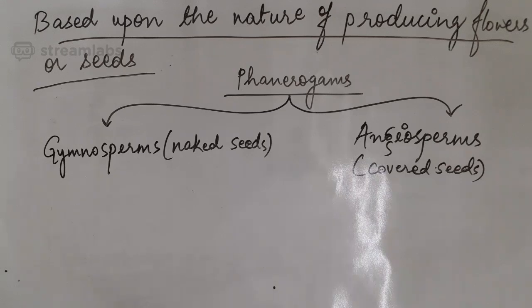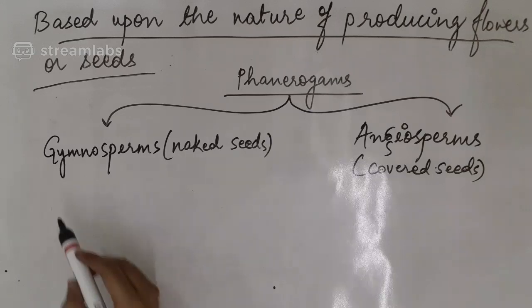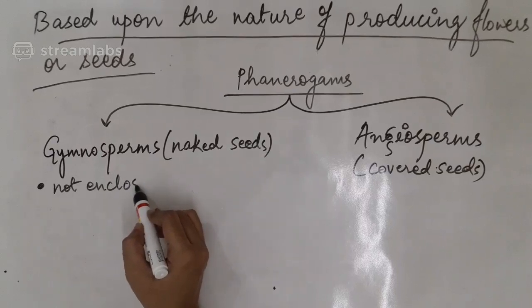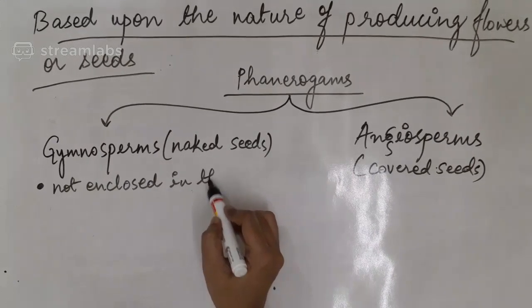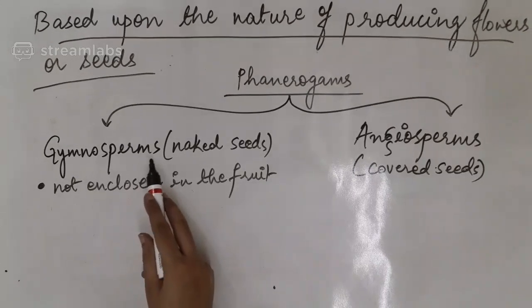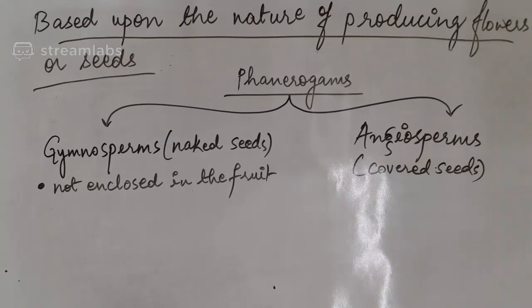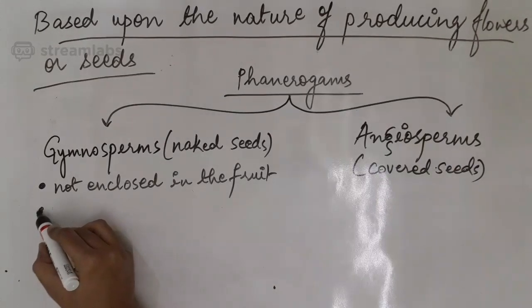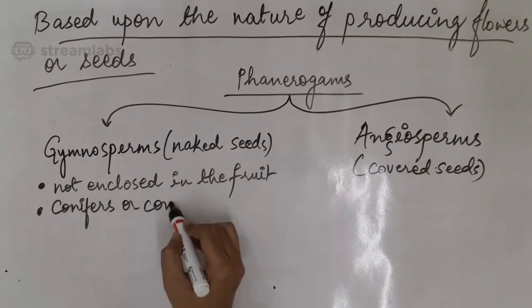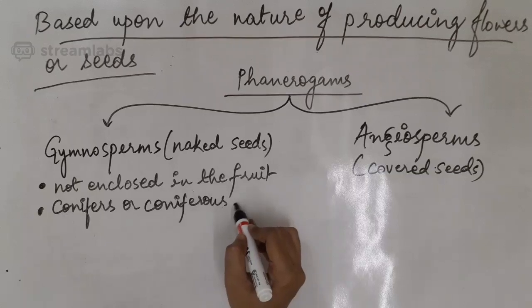Okay, gymnosperms have the seeds which are not enclosed in the fruit. First point, not enclosed in the fruit. Okay, मतलब कि इस टाइप के प्लांट जिसके पास नेकेड सीड्स हैं, उनके सीड्स फ्रूट में क्लोज नहीं होते हैं। These are coniferous trees. कॉनिफरस मतलब कॉनिफर्स और कॉनिफेरस ट्रीज।